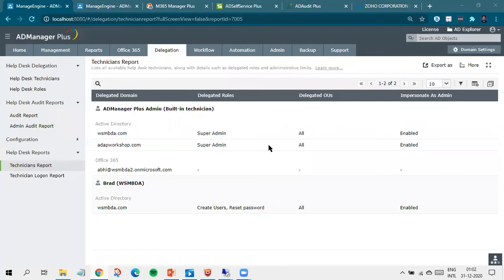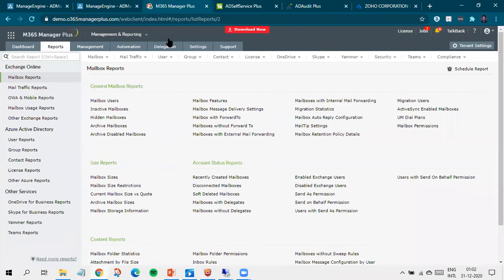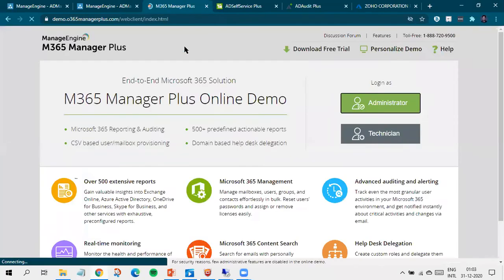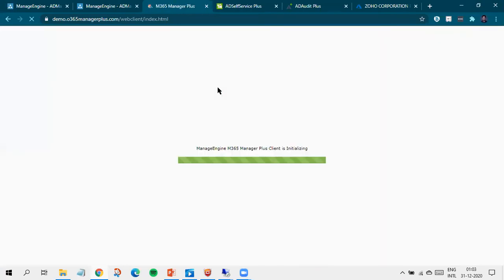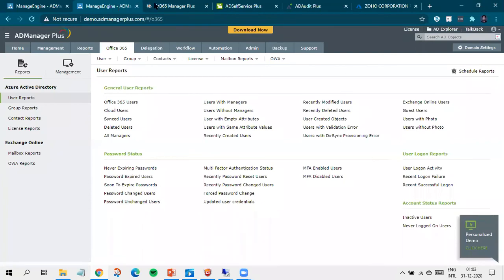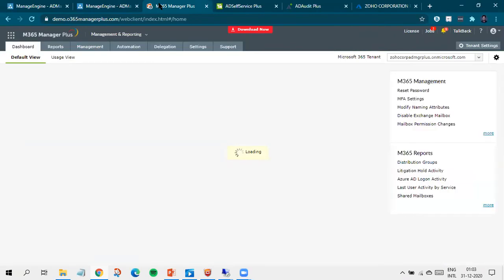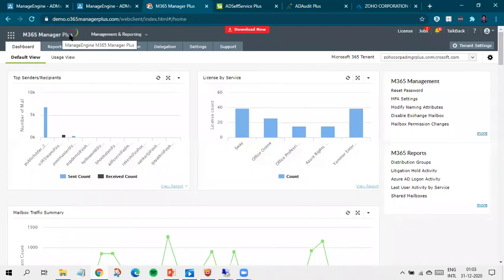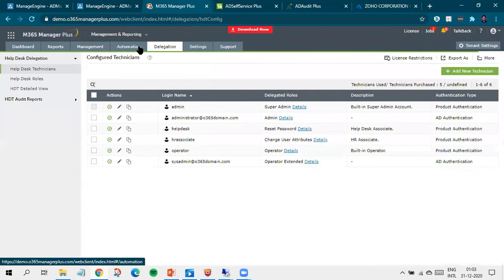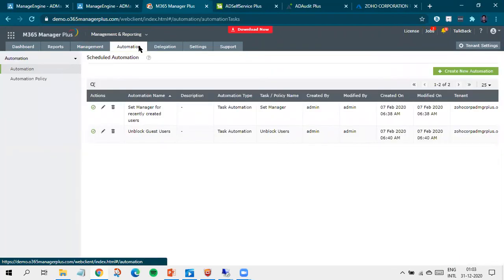Right? So this is how delegation would work in AD Manager Plus component of AD 360. But again, if Office 365 is more of your concern, you've got the delegation tab in Office 365, using which you can delegate certain activities into Office 365 as well, right? But then again, AD Manager Plus would suit for your problems. But if in-depth Office 365 is something you're concerned about, if you want to delegate activities only specific to Office 365, then we've got Microsoft 365 Manager Plus as well, right? Similarly, you've got the delegation tab, you've got automations that you could run only in Office 365 as well, right? So it's up to you, choose the solution that you need. If AD and Office 365 together is your concern, then AD Manager Plus will work. If Office 365 is your major point of concern, then M365 Manager Plus would be the solution to go,